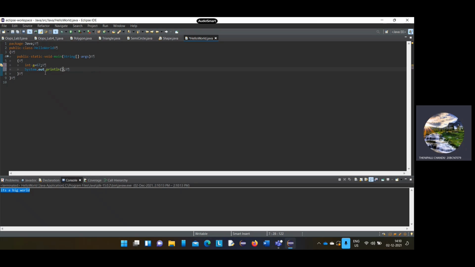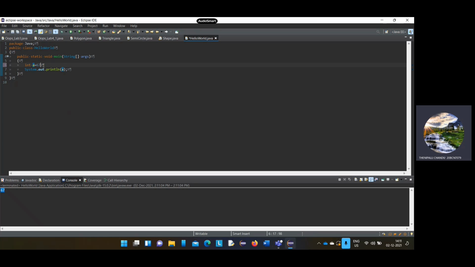If you want to print any value, you have to initialize the value inside the method, and then you have to give what you have given here. I have given a, so I will give only a here, then it will print 67. See guys, 67 is printed.